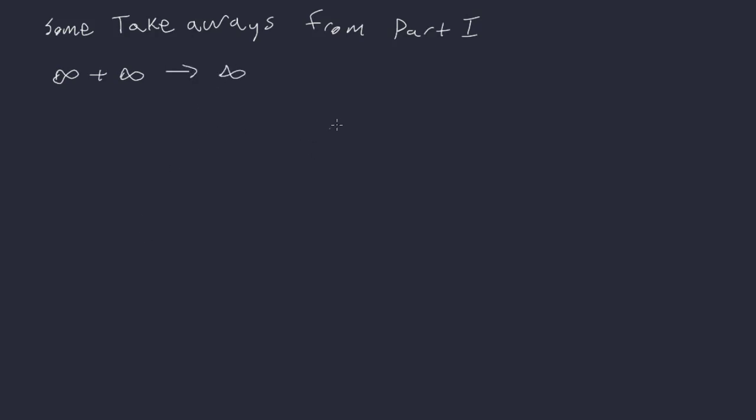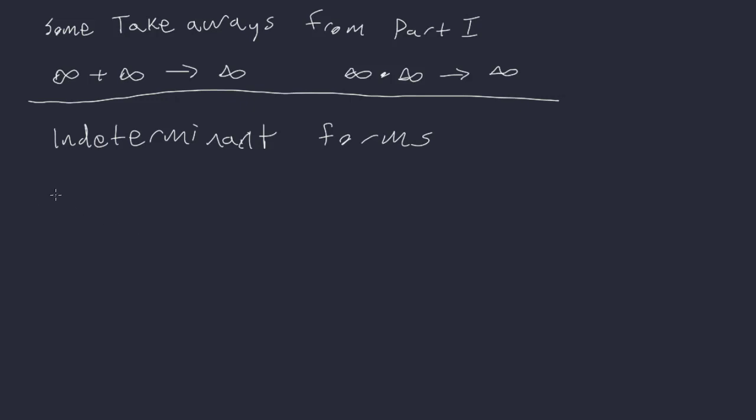There's no issues there. Okay, and an infinity times an infinity, that's going to go to an infinity. Okay, there's really no issues there. What is always the question? Okay, and these are what you can consider the indeterminate forms, which would be infinity minus infinity. Right, so that's the first one